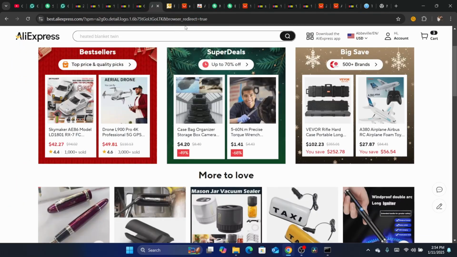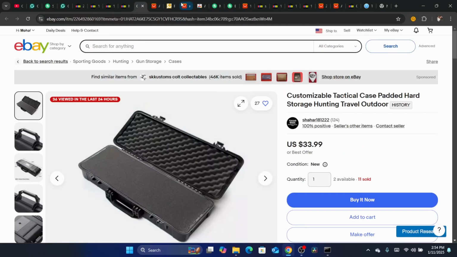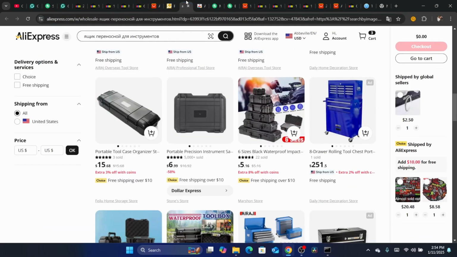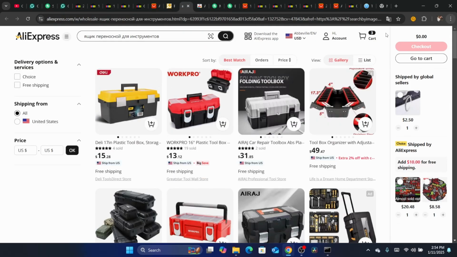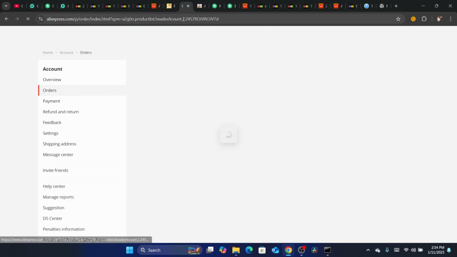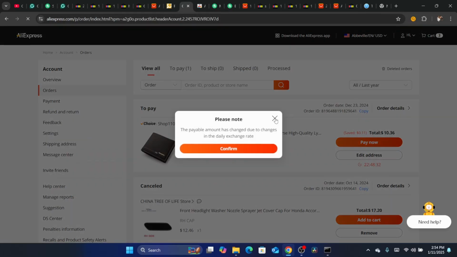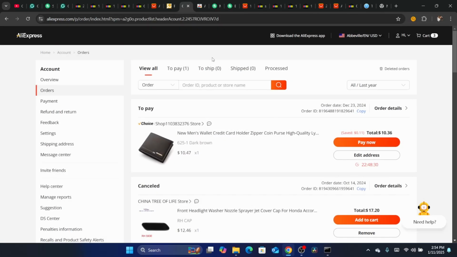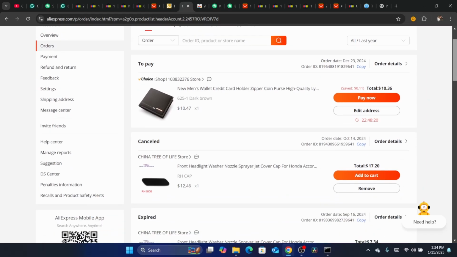What about the returns? If someone opens a return on your eBay account, you just go to AliExpress and open a return too. After you get your refund, then refund the buyer on eBay, or you can satisfy the buyer immediately. You can refund them first and then go to AliExpress and open a case if there is something wrong with the item. Most of the time, that's all you need to do.